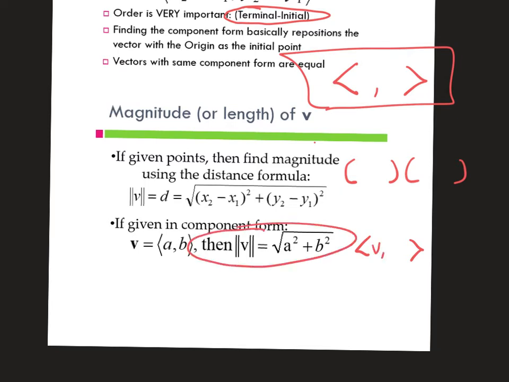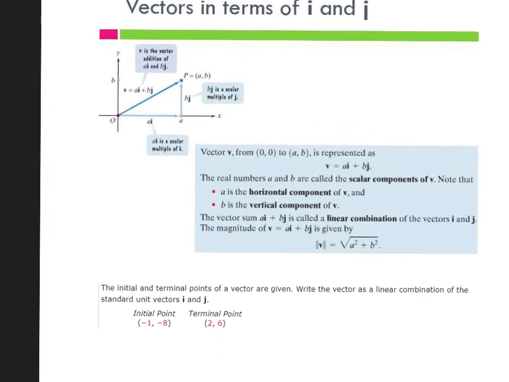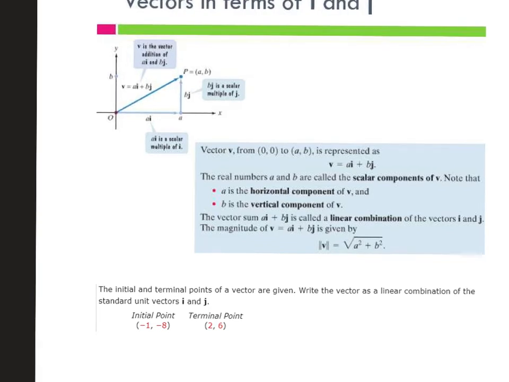You just take whatever the first value of your vector is, square it, and then you take your second value of your vector and square it. So we would say the first value squared plus the second value squared, and then you just simplify from there. On your WebAssign, you are going to have some of these problems, and they're written in